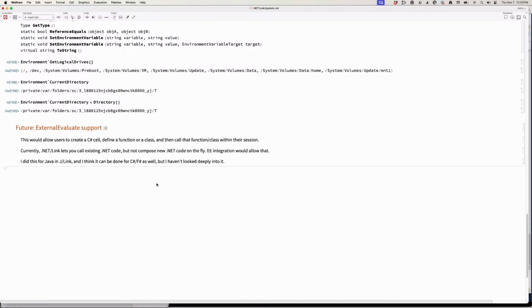Again, in the future, it would be great if we had external evaluate support. That would mean that we could write a C# cell and put some method definition in C#, or an F# method definition, say, and then evaluate that and then call that via .NET Link, right? And that's what you can do with Java and JLink now with external evaluate. There's a unification between